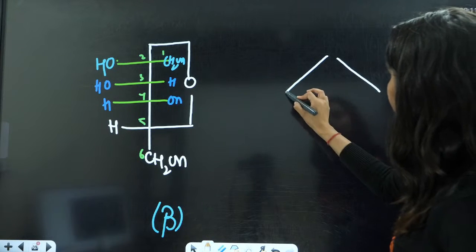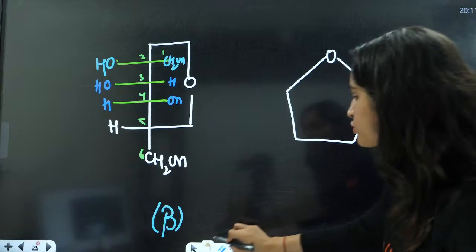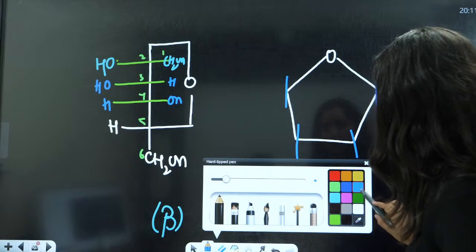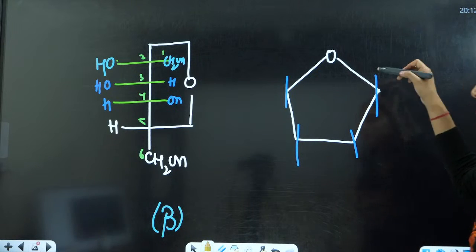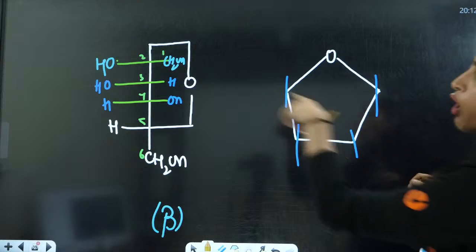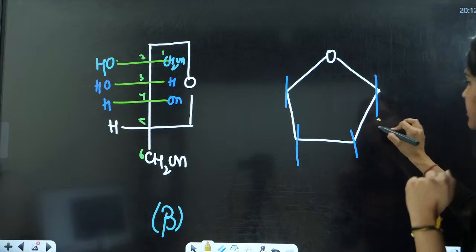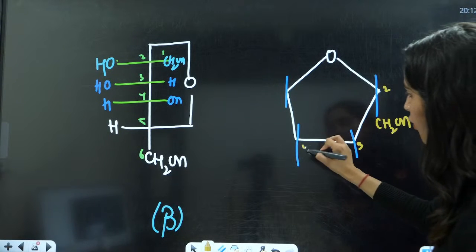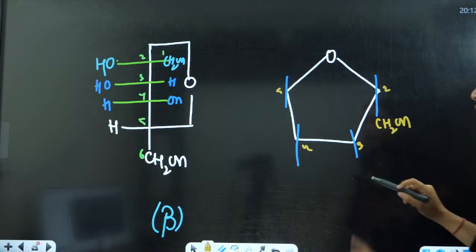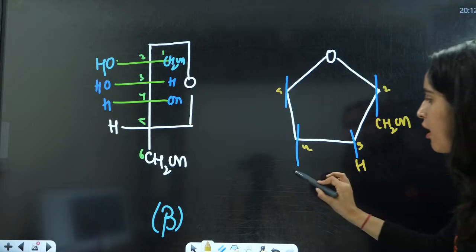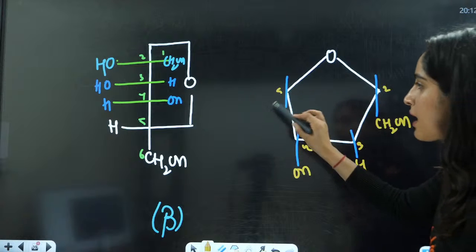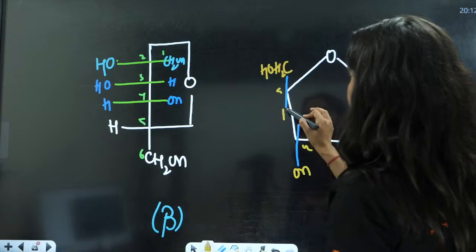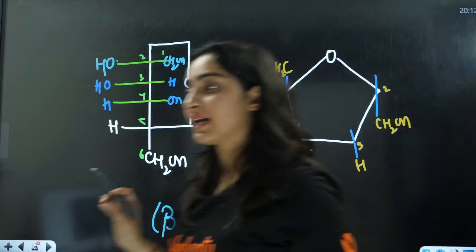Just draw it. Draw the 5-membered ring here. Draw one oxygen here. Then vertical lines here. Then you know that this is going to be the first, right? The 1st carbon is on the right side, that means it is down, right? This is CH2OH. This is the 1st carbon, then 2nd, 3rd, 4th, 5th position, right? Then on the 3rd carbon, H is on the downside. On the 4th carbon, OH is on the downside. On the 5th carbon, you have CH2OH, which has more molecular mass, and this is hydrogen. This is how you draw the cyclic structure.